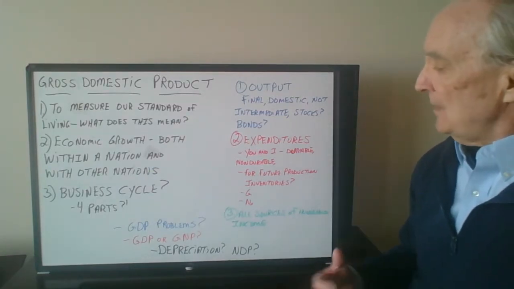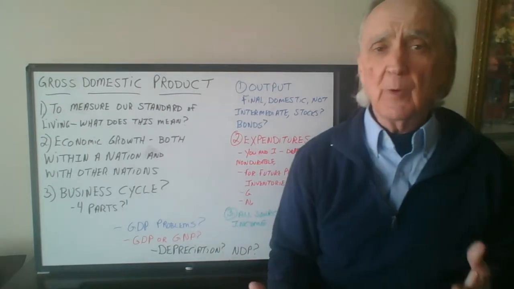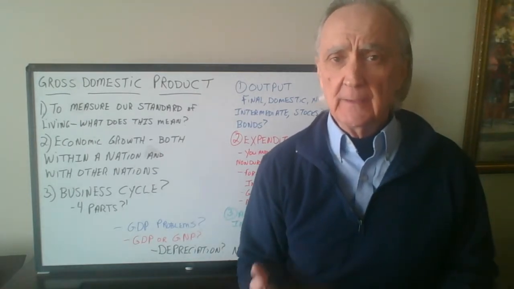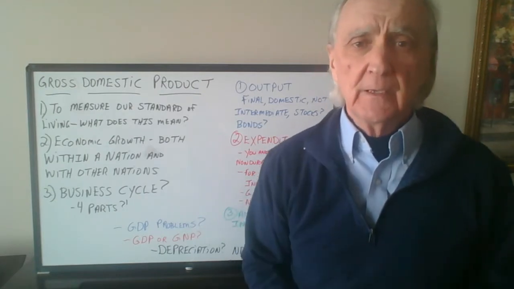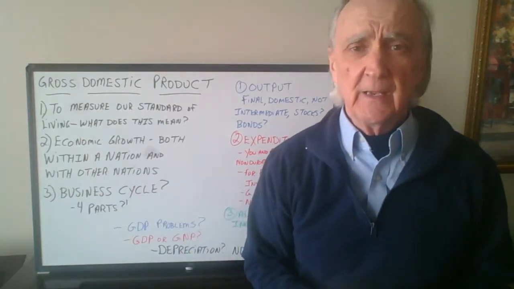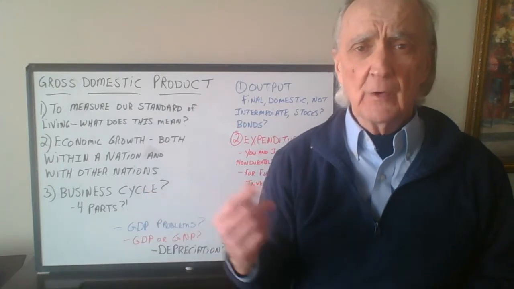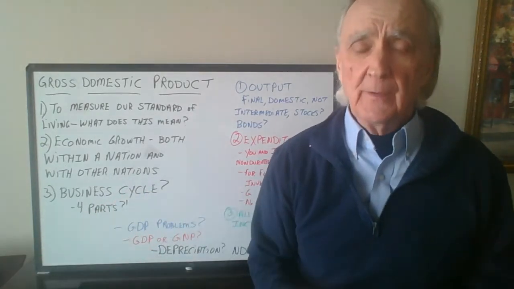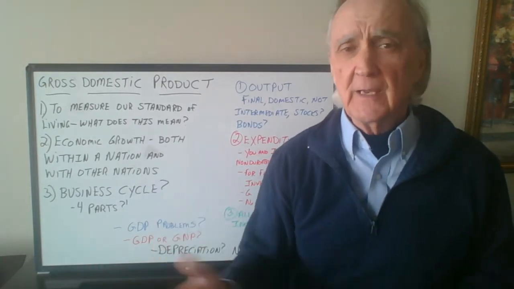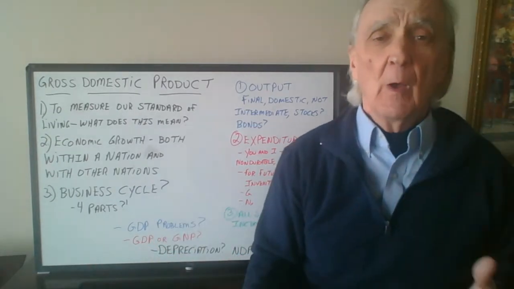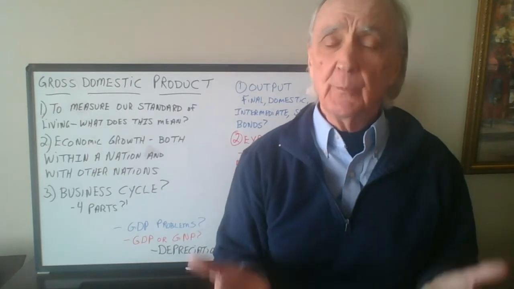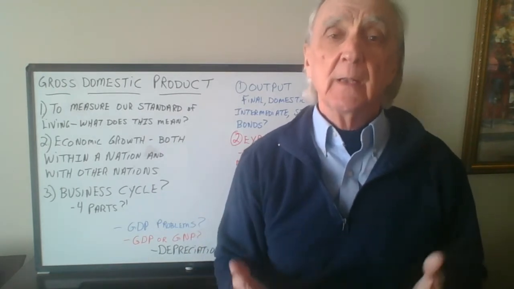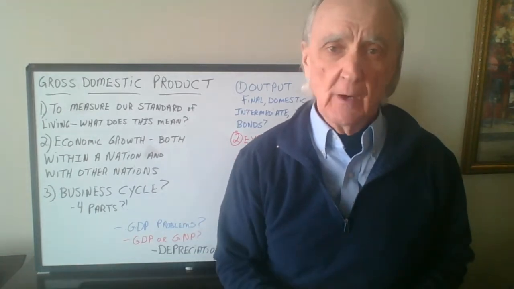Now, gross domestic product, are there problems? Sure. Gross domestic product isn't perfect. An example would be if you're going to get your car washed. If it's a nice day today and you're thinking of getting your car washed, and then there was a big line and you decide, oh, forget it, I'm going to take it home and wash it myself. Well, gross domestic product could have gone up if you had gone to the car wash, but it didn't because you decided to wash your car yourself.